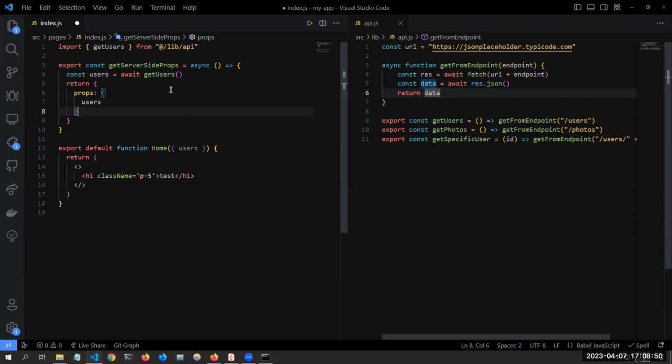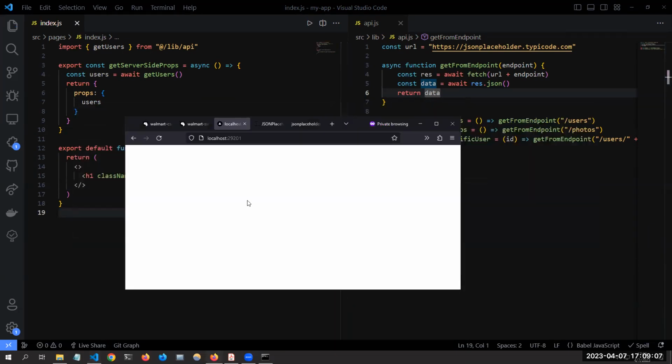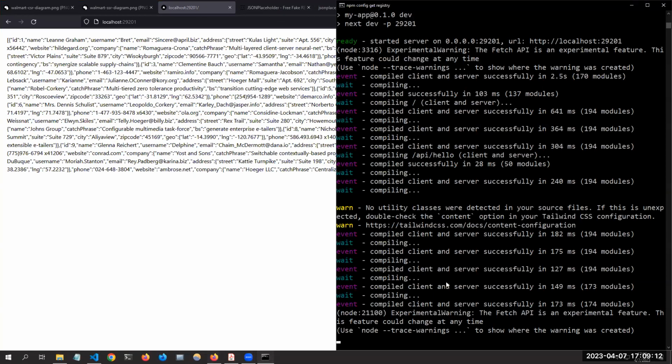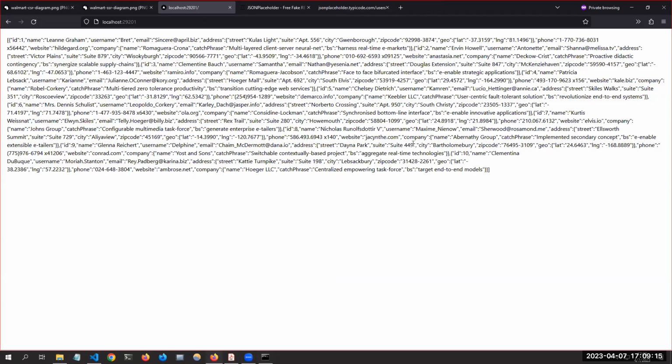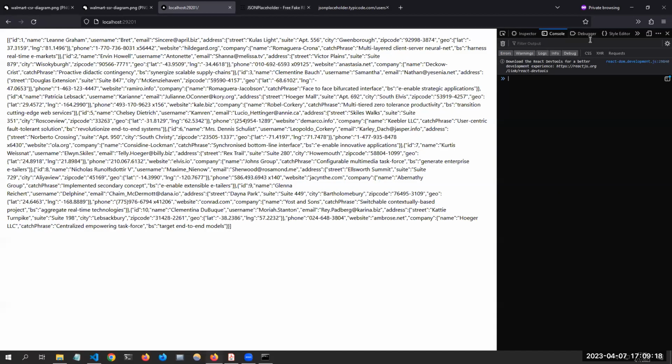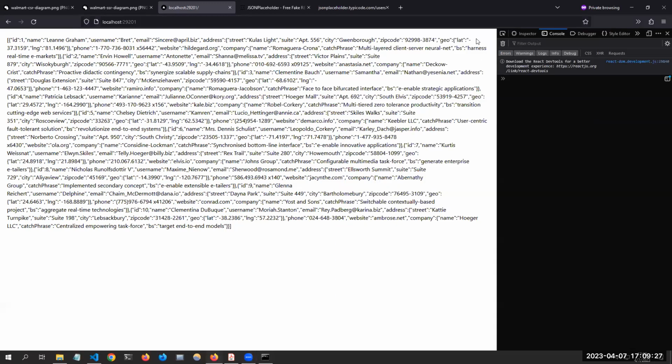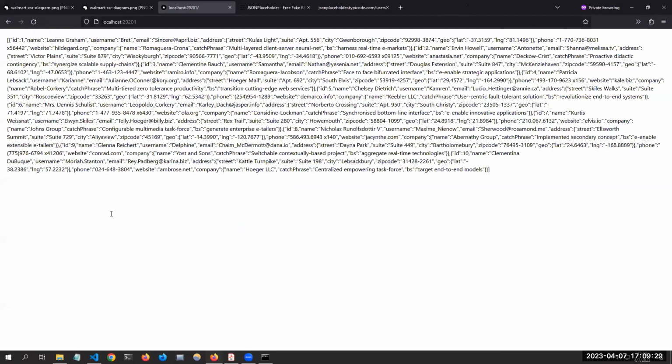And so you can see that if I were to console log users, I'm not going to do that because I'd have to do useEffect, but I'll just show you JSON.stringify users. You don't have to do this. I'm just going to show you real quick. You'll see that this is all being taken from the server. The server is performing this request. I'm not. So my console is not going to show me that I made a request to an external service. The only request I made was to my Next server. So that's really nice. So let's actually parse this data